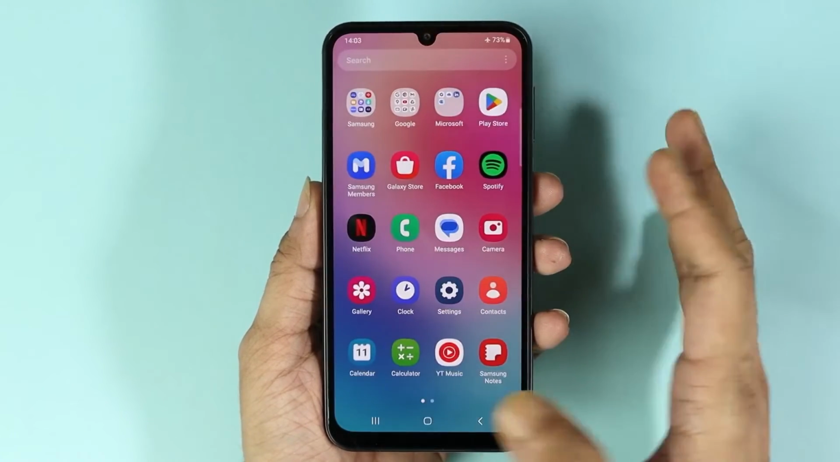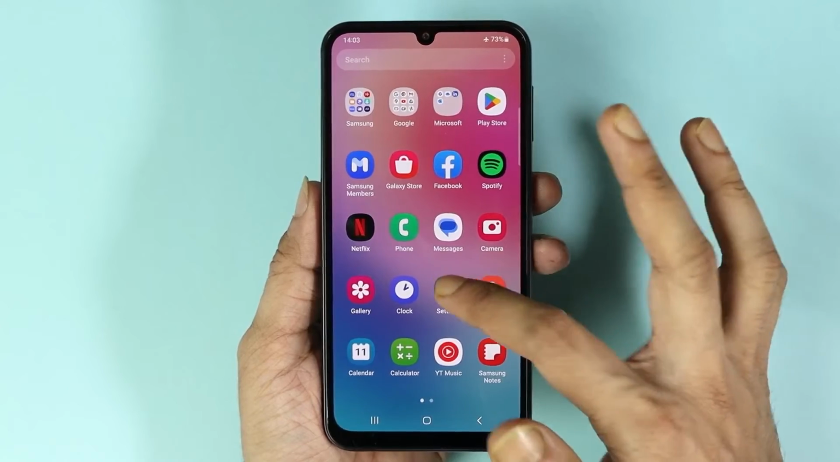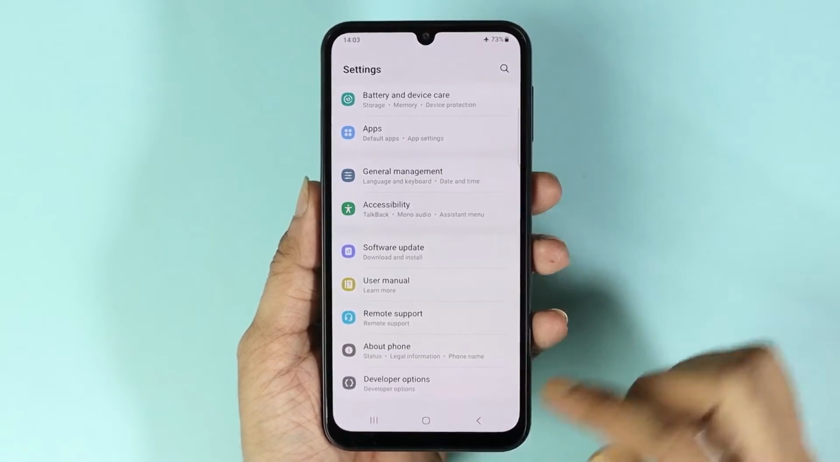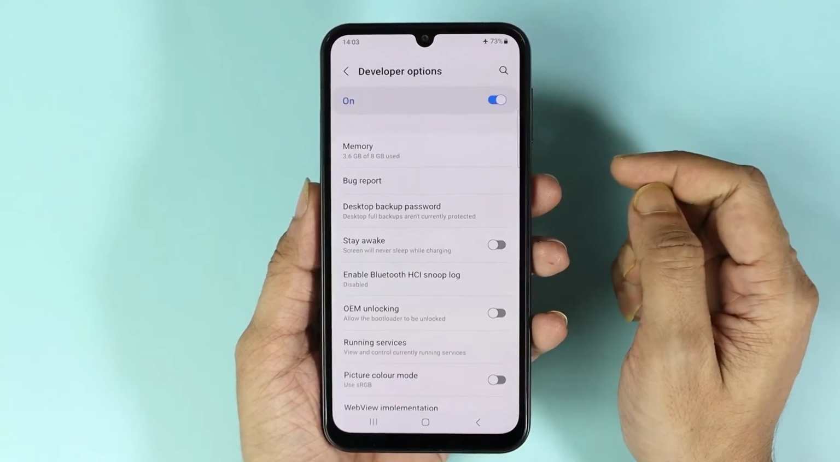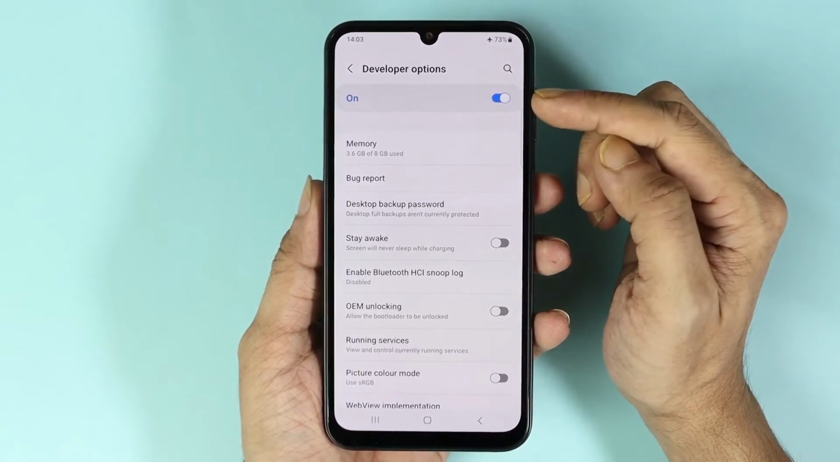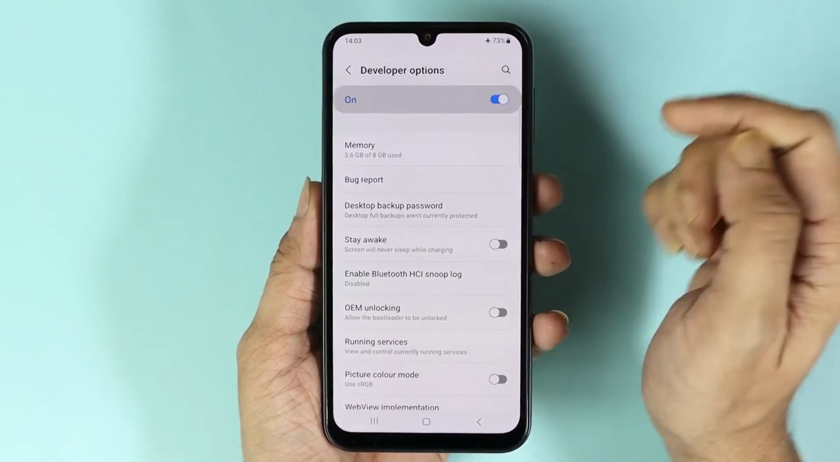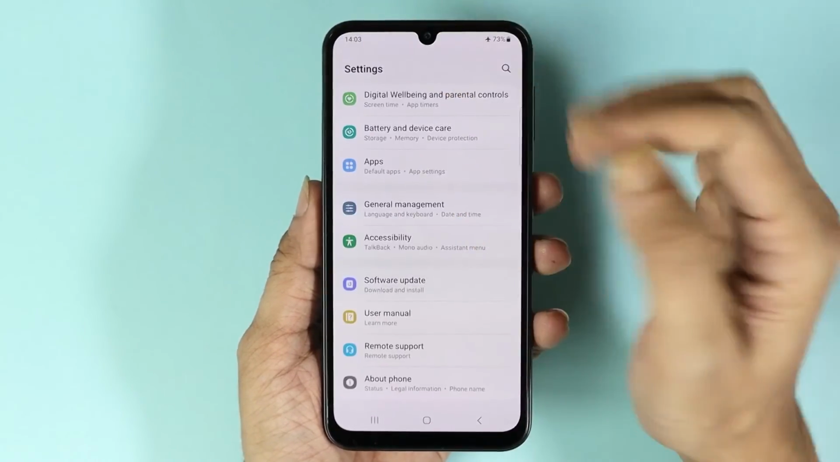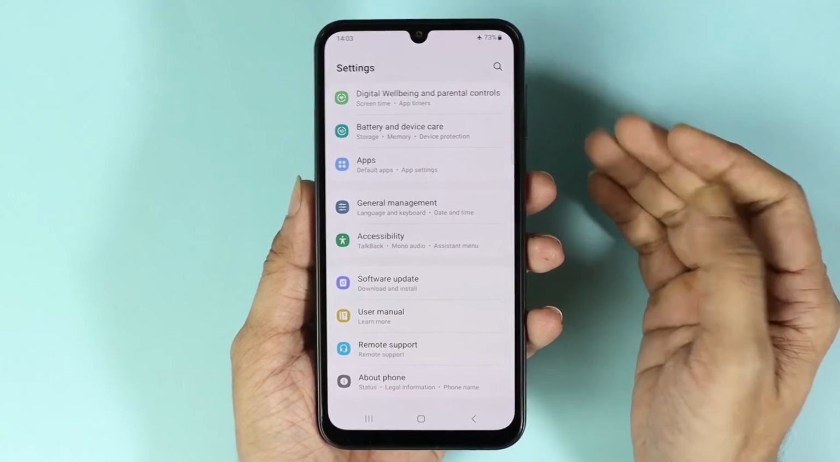Now to disable it, all you have to do is enter your settings app again and then go to the bottom and then tap on developer options, and then from here you can disable developer options by just tapping on this radio button here. And that is how you can enable or disable developer options or developer mode in your